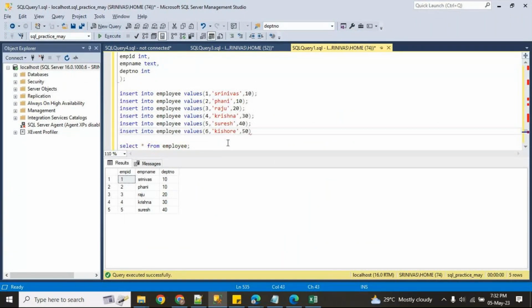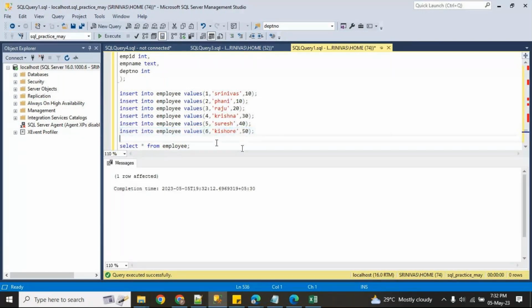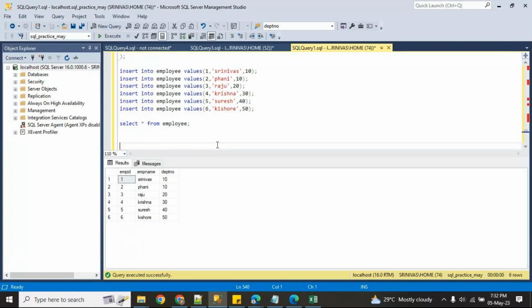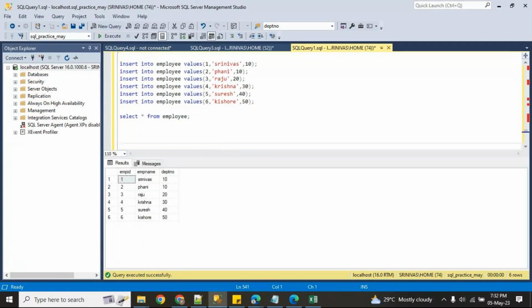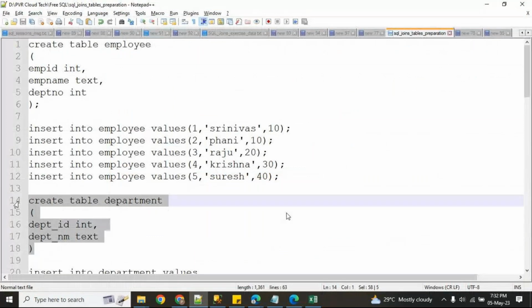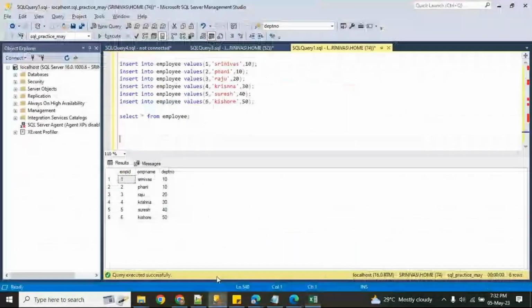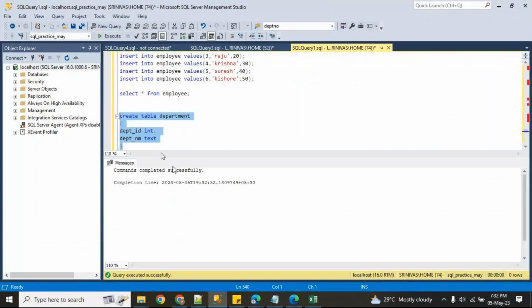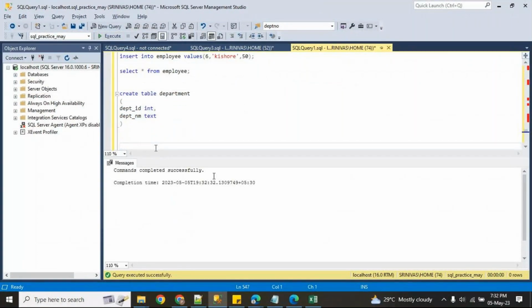Now I am inserting a record here so that I can see all the data. Similarly, department also has data.